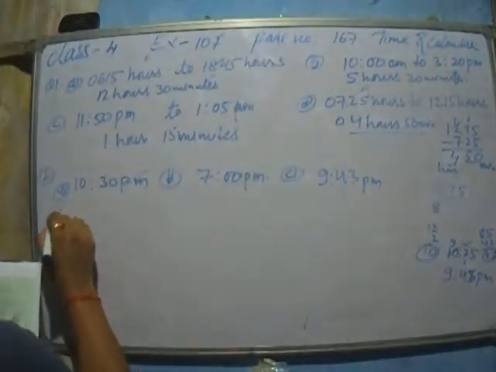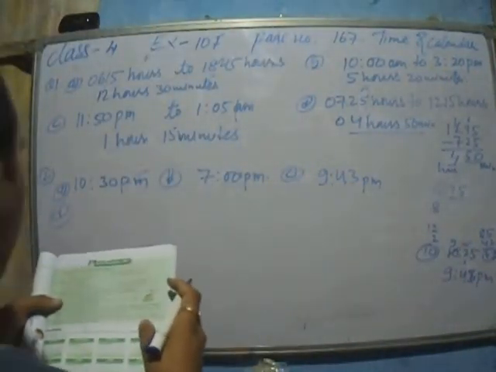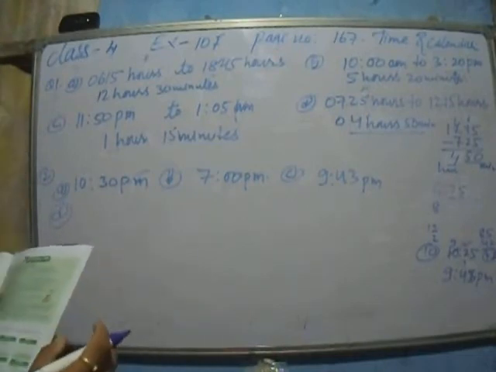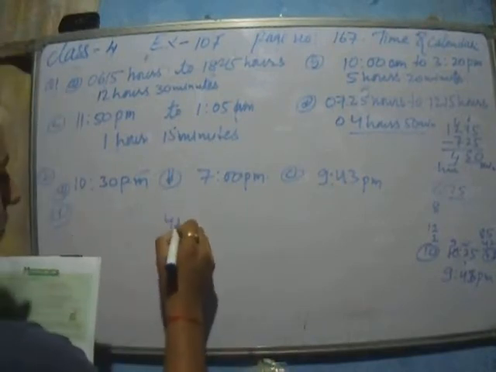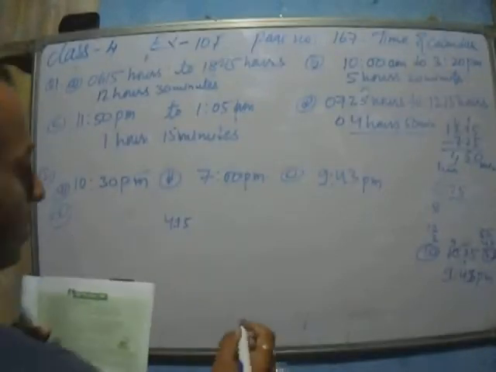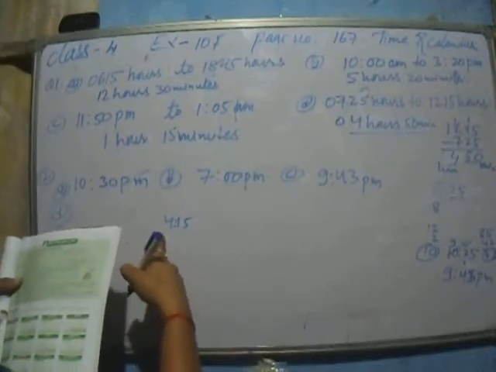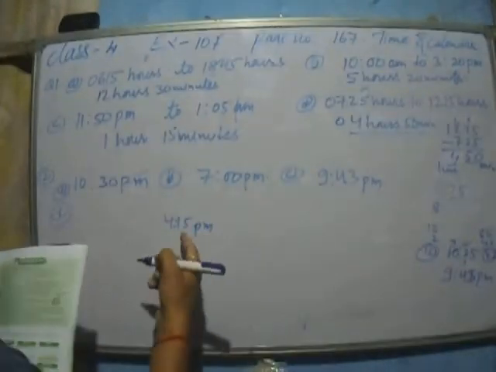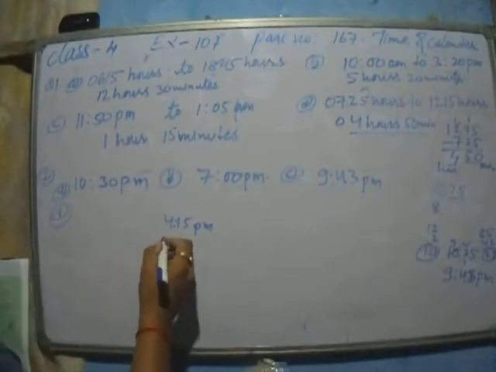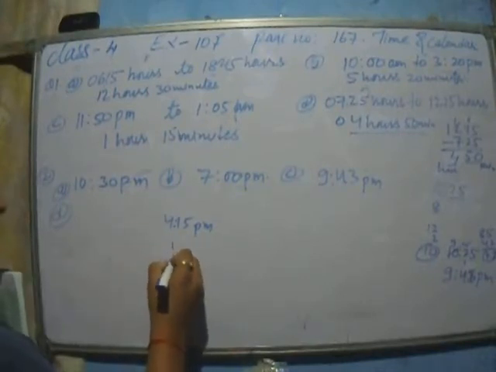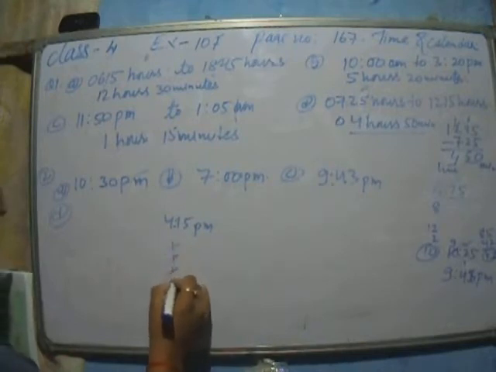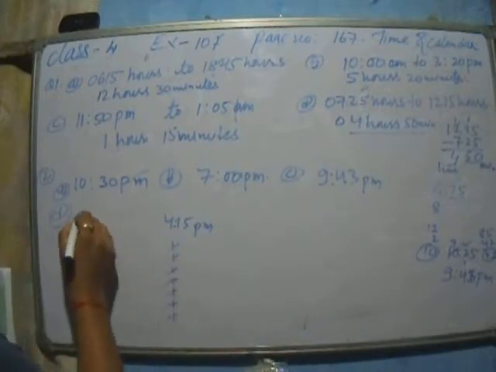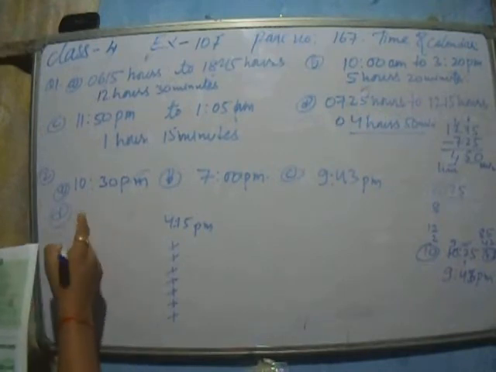Number D, it said 7 hours 25 minutes. Again we have to do in the same manner. It is 4:15 that is given. In 4:15 we have to subtract 7 hours. So it is 4:15 p.m. When we go back 7 hours, so 3, 2, 1, 12, 11, 10, 9, 8. So 1, 2, 3, 4, 5, 6, 7. So here we'll get 8 a.m. That we confirm, 8 a.m. is there.